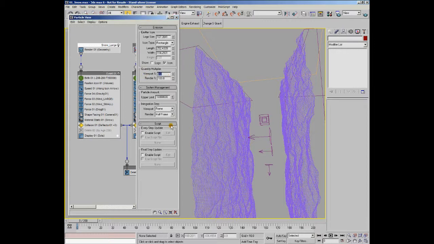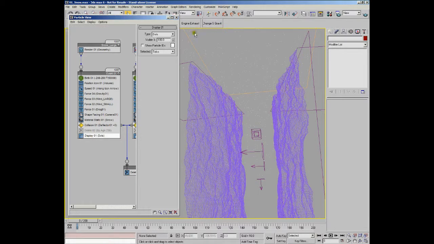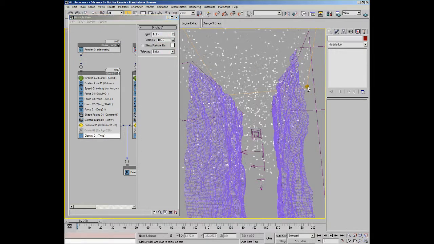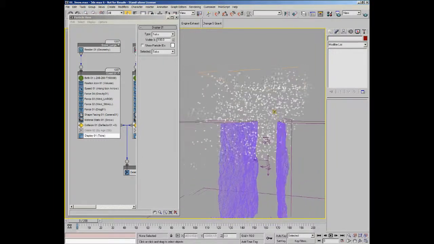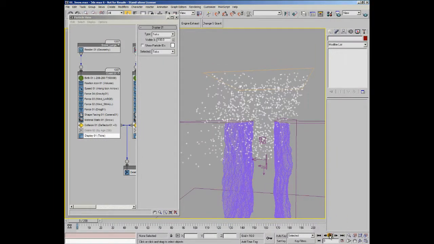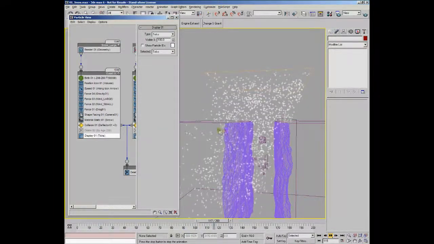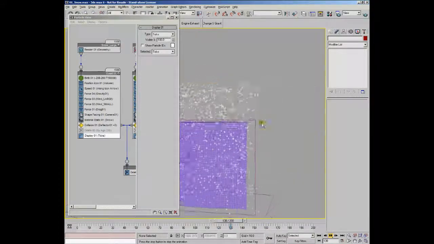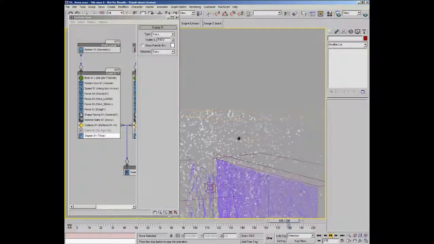Now, if I change this to a very small percentage, let's just try 5. You'll see that we now have some particles, and you can see I've got them displayed as dots here. I'll just change them very quickly to ticks just to make them a little bit more visible. And you'll see that they're falling down, and if I press play, there you go. So you can see our particles are falling downwards, and the majority of them which are striking this collision object here are being culled. So when they hit this object,